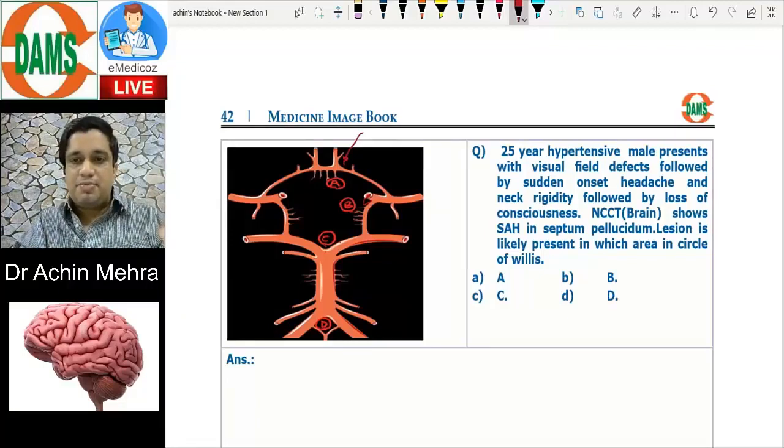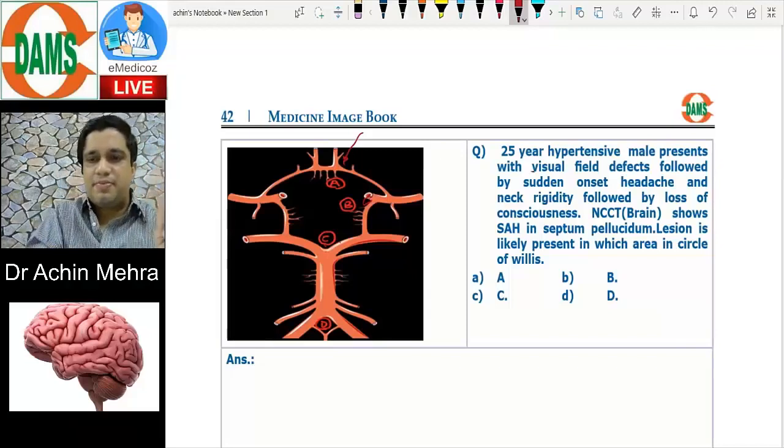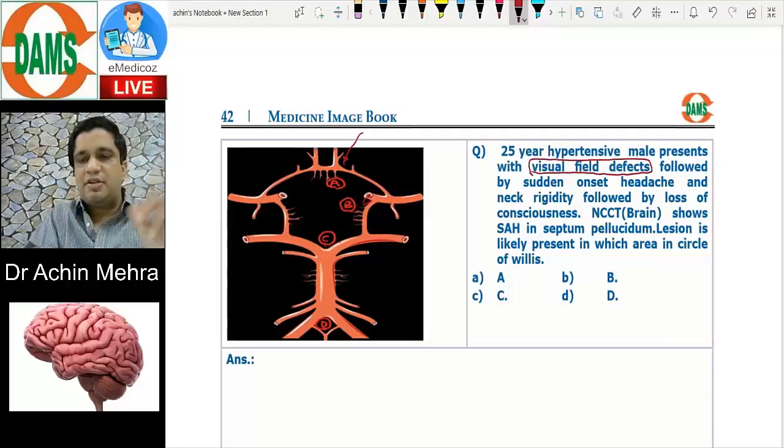Now look at the question please. A 25-year-old hypertensive male presents with visual field defects followed by sudden onset headache. First of all, remember this: there is always a prodromal symptom, which we have discussed in the classroom also, that can occur prior to the onset of rupture. Visual field defects happen when the lesion is somewhere near the optic chiasma